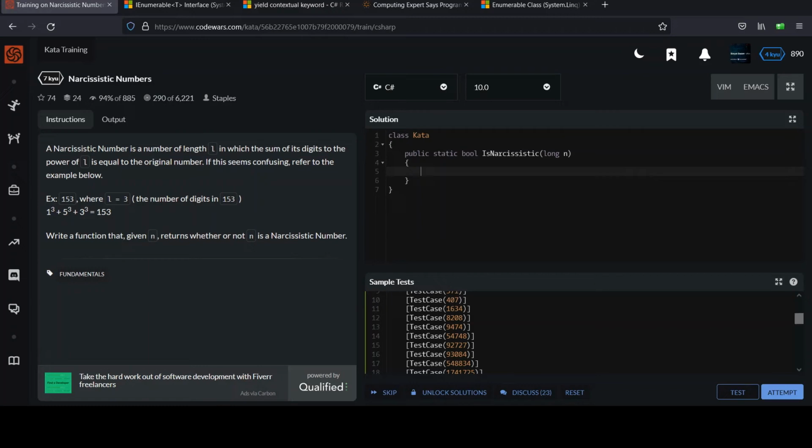So to solve this, I'm going to make a helper method that will convert the original input number, n here, which is a long, into a sequence of its digits, because we need to raise each digit to the appropriate power, which is the length of the input number. So to do that, let's go ahead and make another method. And I'll make a private